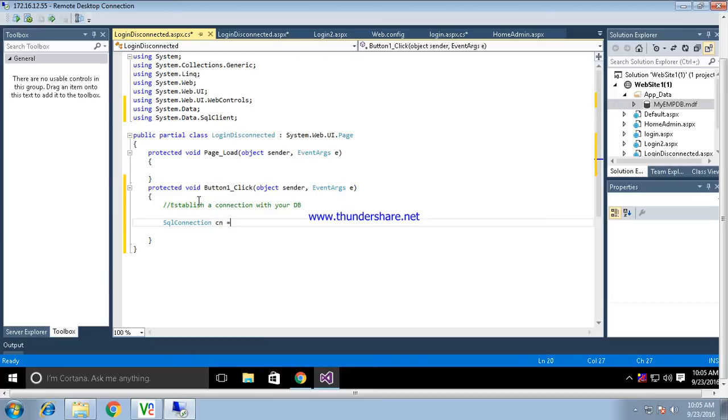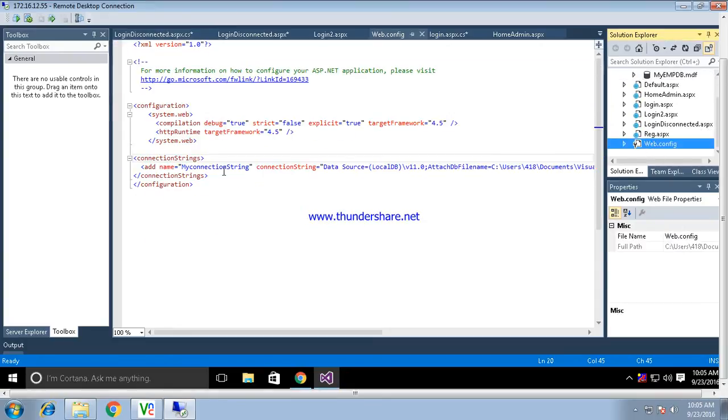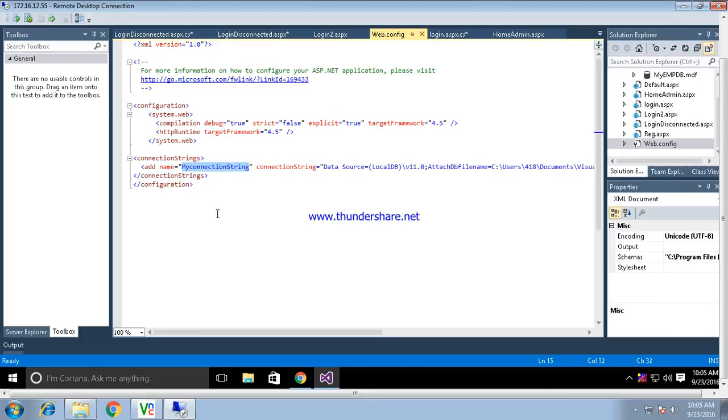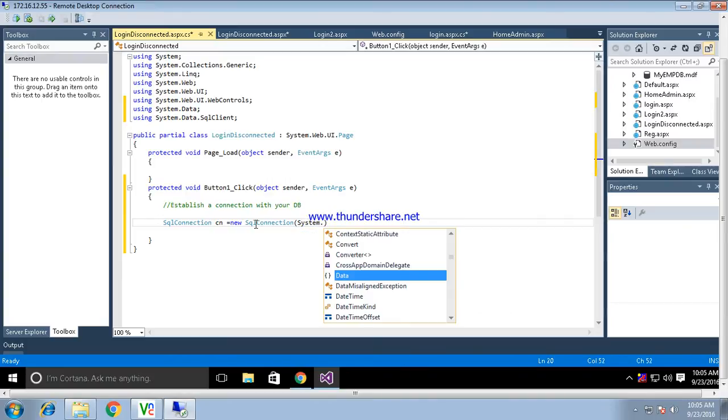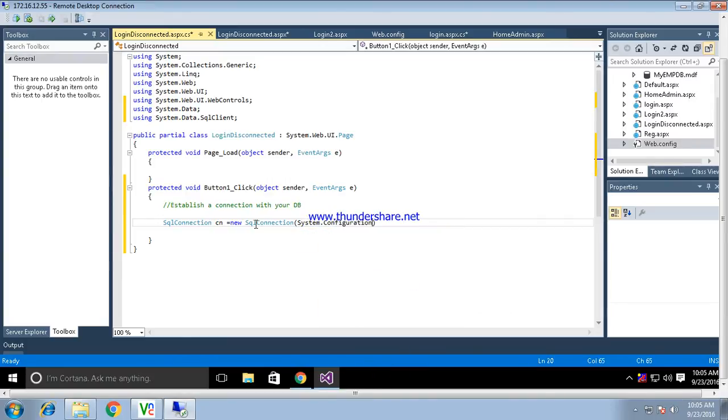So this is cn = new SqlConnection. Now the connection string has already been specified in web.config. The name of the connection string is MySQLConnection. If you are not able to remember, we have a class in System.Configuration called ConfigurationManager. You can include the namespace using System.Configuration and access the class within your code.